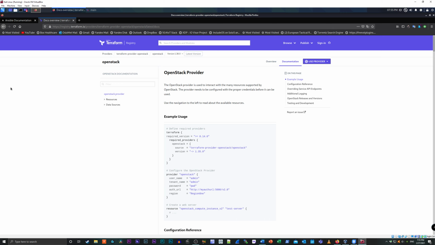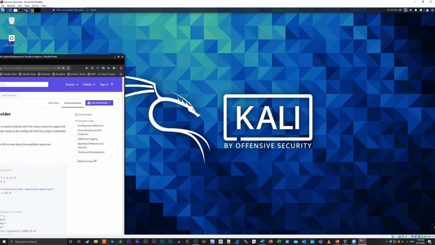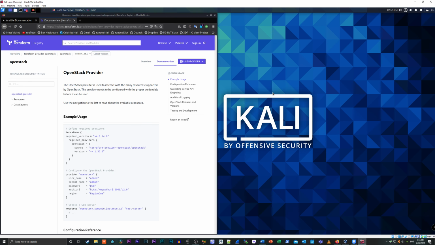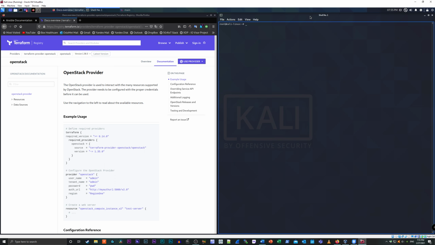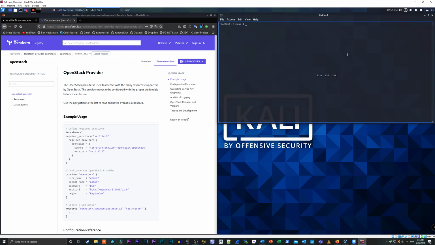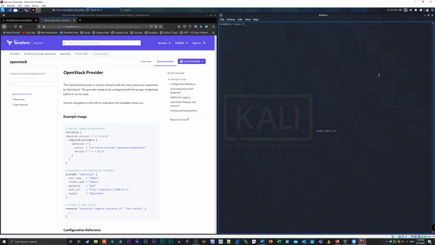Is there anything else I wanted to show about Terraform? Yeah, actually, let's open a terminal somewhere. I'll put this somewhere on the side. Okay, that's good. Okay, so maybe I should zoom this a little bit. I think the letters are big enough. Right. Okay, so if I